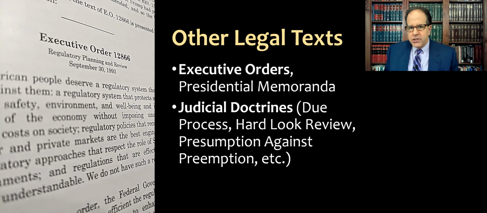We also have some judicially created law or judicial doctrines, like certain very specific due process requirements, something we call hard look review that we will look at later in the course, presumption against preemption, and so forth. And so what has happened is, as the judiciary deals with agencies as parties to a case, in a lot of cases, either because someone is challenging something that an agency has done or the agency is bringing an enforcement action, courts have created special rules for how they're going to handle agencies or that they expect agencies to follow before they ever get into court. And that in turn becomes part of the body of law.